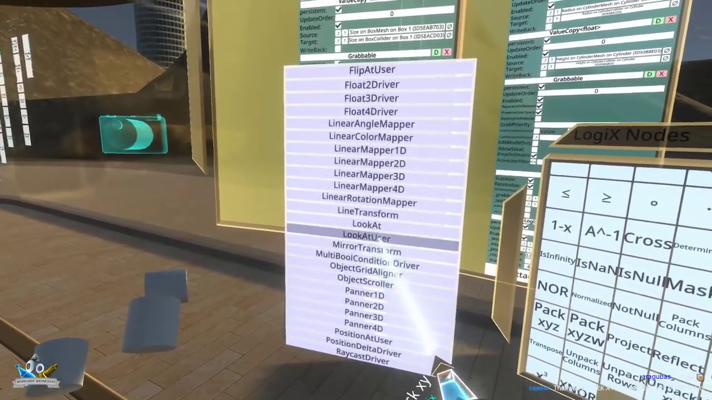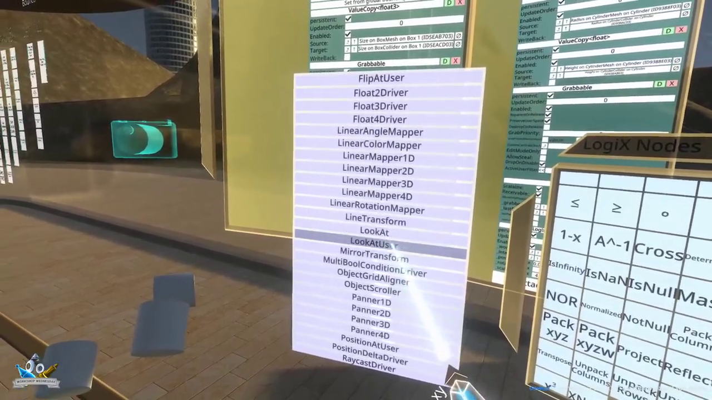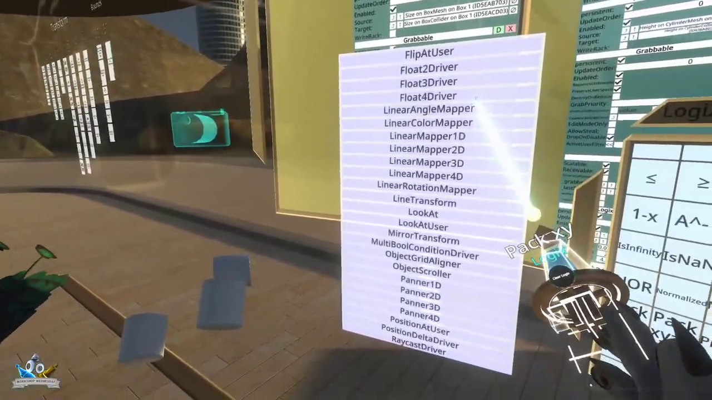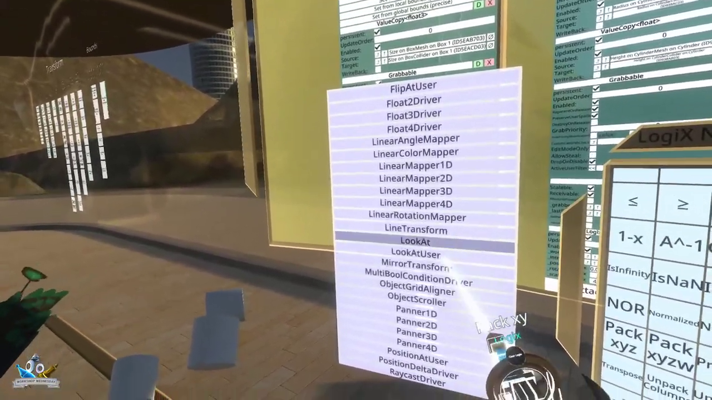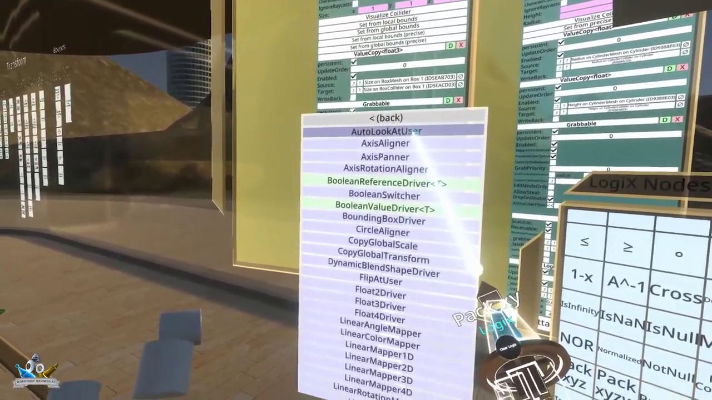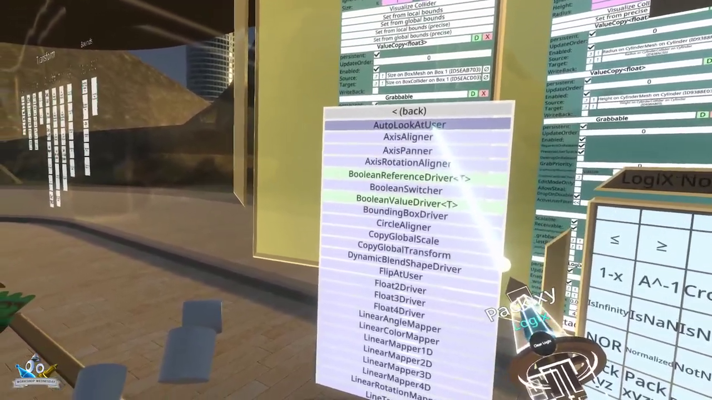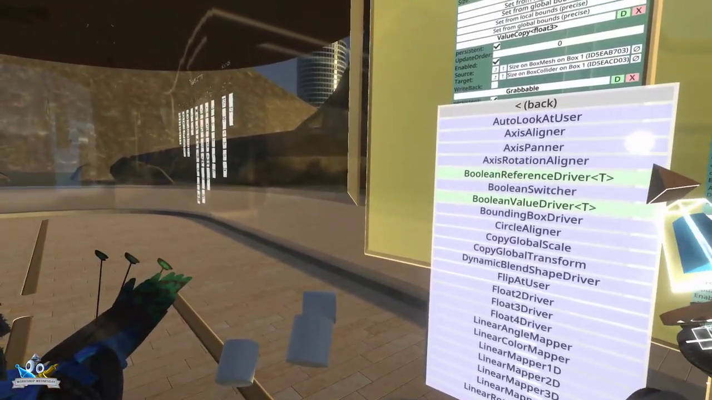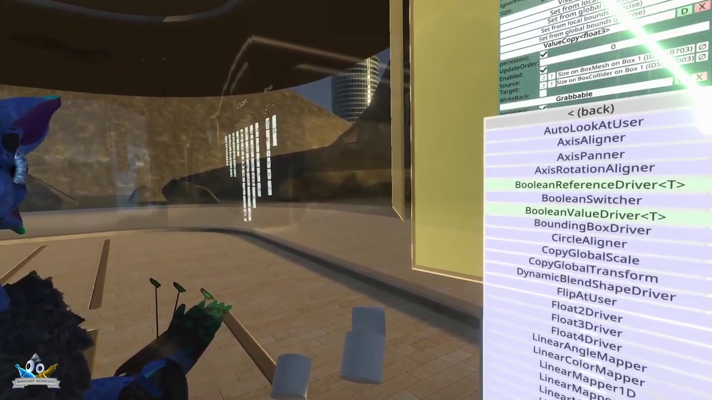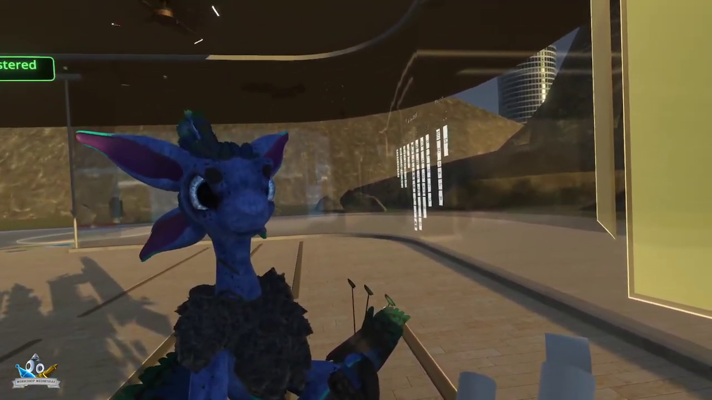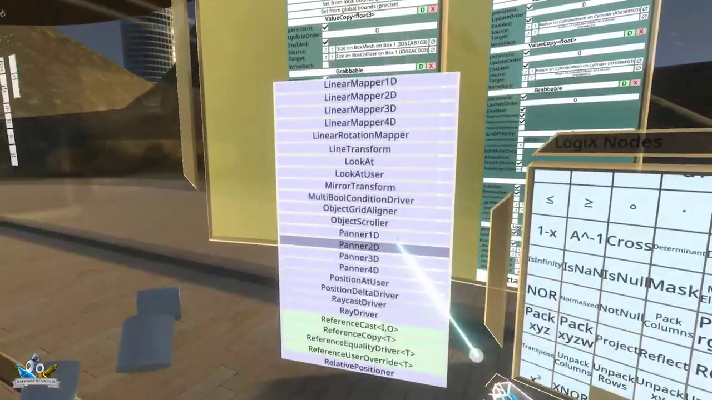Look at is also a useful one too. It basically changes the direction of an object to look solely at another object or user. The only difference between look at user and auto look at user is that auto look at user basically looks at the nearest user that is near it, and it has a bit of smoothing to it as well too. Whereas look at user,